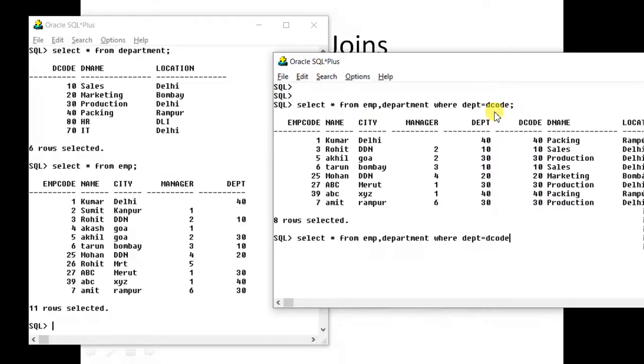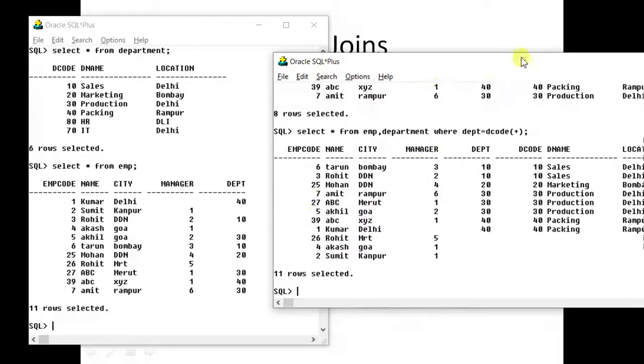Now the concept is, the fewer records are coming from which table? Employee. The column name of this table is DPT. So we will apply plus on the opposite side, or you can say you apply plus on that table from which you want to perform the outer join. Okay, so now see what will happen.